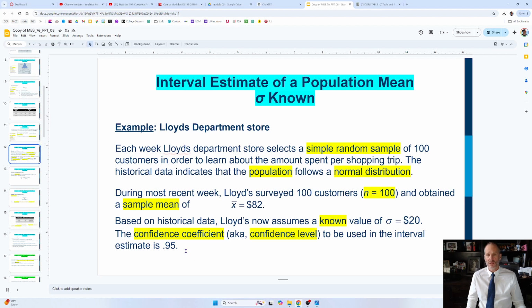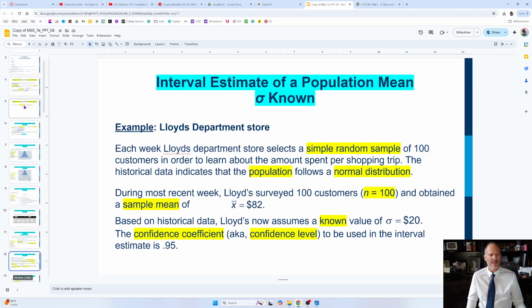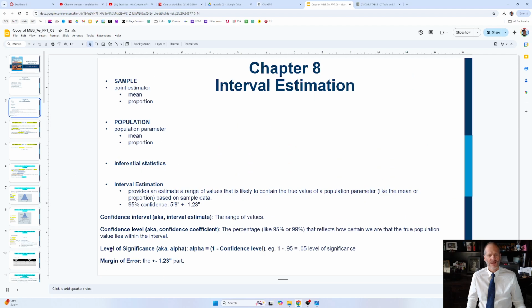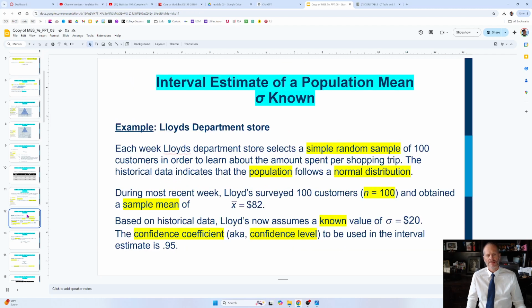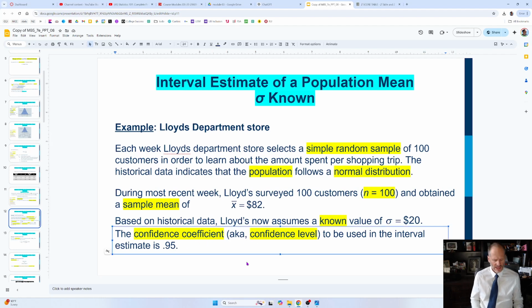So our alpha would be 0.05, right? And alpha is also known as our level of significance. So our alpha would be 0.05, which is also the level of significance. And the confidence coefficient, also known as the confidence level, is 0.95. So alpha, aka